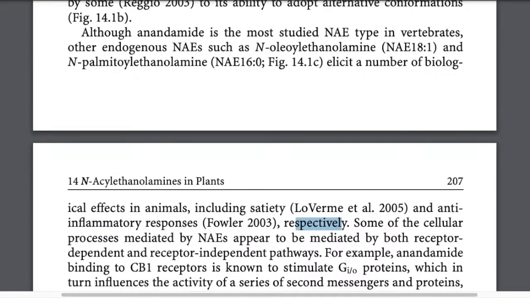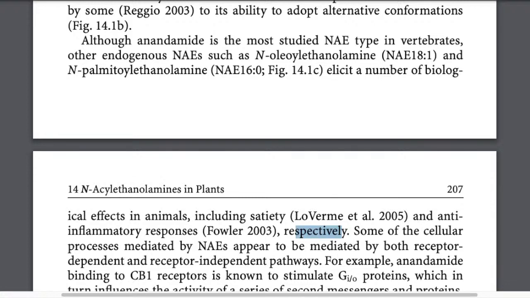These are your two studies that I guess demonstrate that the endogenous NAEs elicit a number of biological effects in animals. So anandamide is the most studied one, but there's other endogenous ones, such as these NAE variants, that elicit a